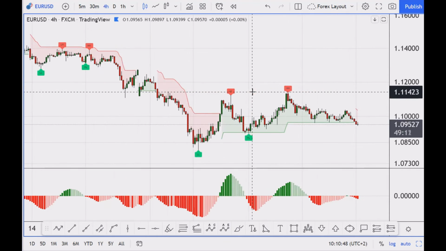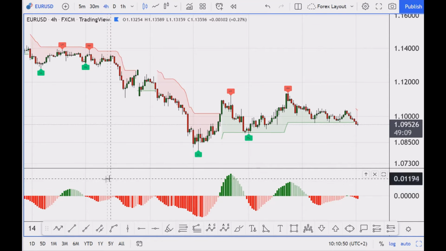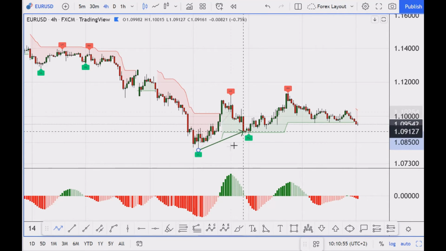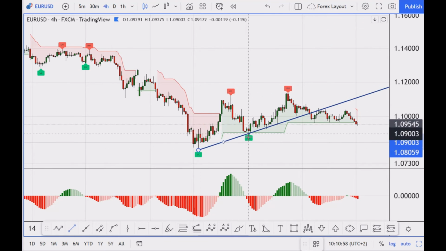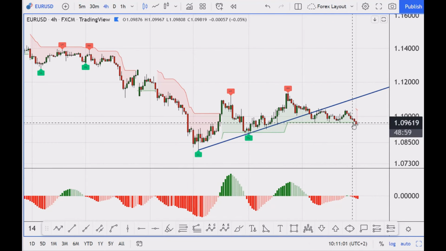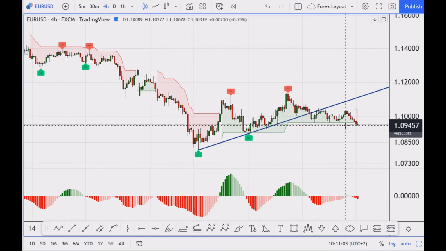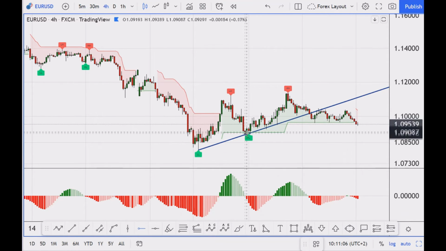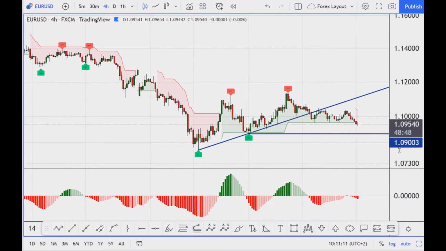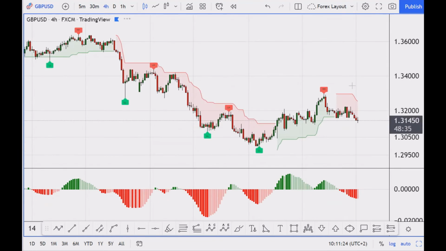The euro is still in a downward trend. However, it's still doing nothing. We have this correction that has been penetrated to the downside. We ended the correction already. However, the euro is still not able to create a bearish movement with higher momentum than usual. So we have the support around 1.09. This is the key level to watch on the euro during the day. We might expect a continuation of the downward move of around 50 pips to target this level, and then we will be waiting for the price action to confirm the following move.